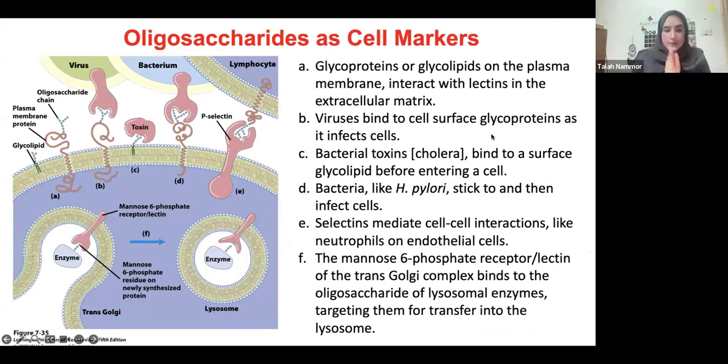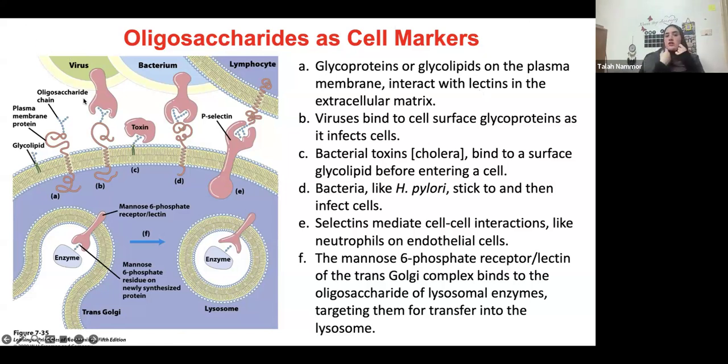Okay, this slide looks so scary, and I know, but the only thing that you really need to know, guys, in here is that oligosaccharides can be helpful as cell markers. And when I say they're helpful as cell markers, we have a bunch of examples in here that shows you how they can be really helpful in the body. Okay, do you have to know these? I don't think so, honestly. I really don't think you have to know these because they're kind of a lot, but let's go through them